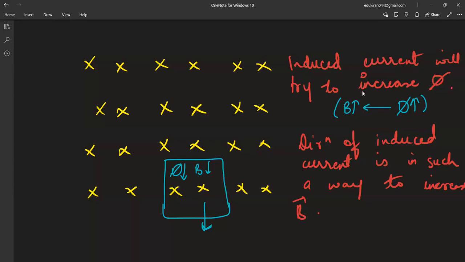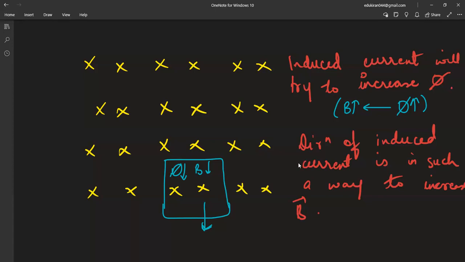right? So what will be the aim of induced current according to Lenz law? Magnetic field will increase, and so the magnetic flux will increase. This is the aim. That's what we have studied according to Lenz law. It opposes the cause that produces it, right? So this is the case. B increases, flux increases. Now, when this is moving away,